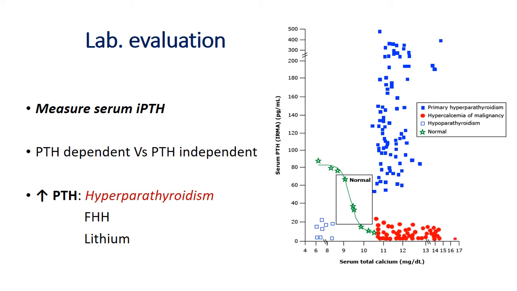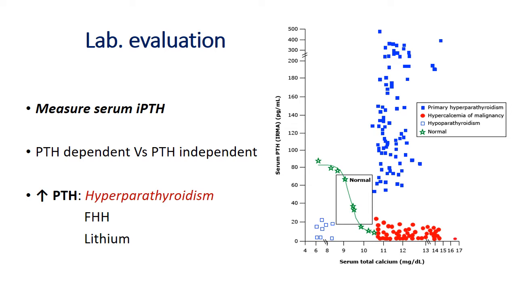The first step in the laboratory evaluation of a patient of hypercalcemia, after you have diagnosed hypercalcemia with certainty and looked for clinical clues as to what could have caused hypercalcemia, is the performance of a serum parathormone assay. Now when we measure the serum iPTH or intact parathyroid hormone, it is important to keep in mind